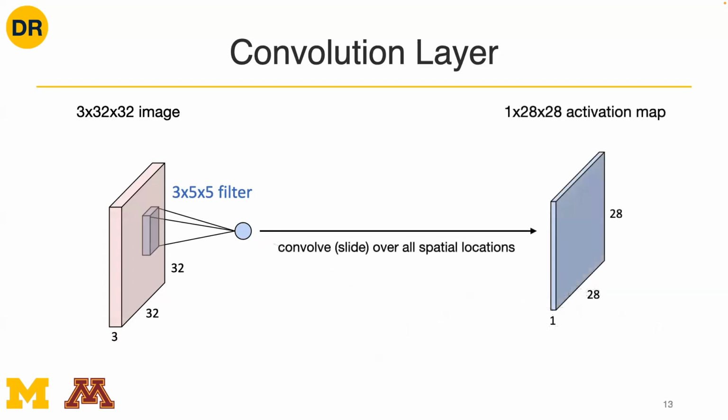So in that sense, this one activation number that we're getting is similar to what a fully connected layer was giving us in the past, right? It's just a single dot product. But if you imagine that we were to perform this dot product operation by sliding the filter across all the spatial dimensions in the height and the width, what we would get is an activation map of size 28 by 28 by 1, corresponding to all the possible spatial locations in the image where this filter would be overlapped with